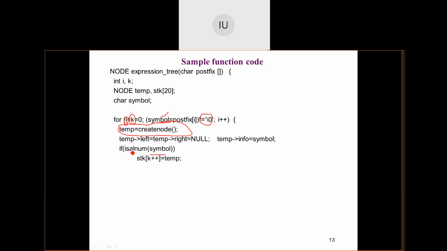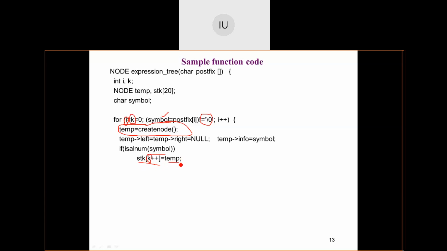I will assign definitely pushing of the stack. K indicates top. You can take top also as a variable here. Instead of K, you can write it as top. Okay. STK of top plus plus is equal to temp. Temp is what? The node. Okay. So push function is acting like this.